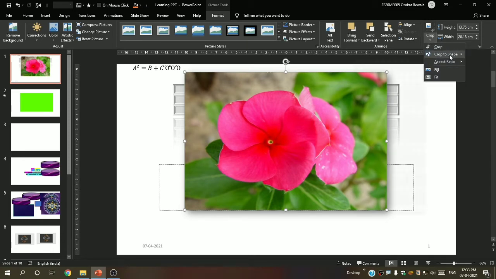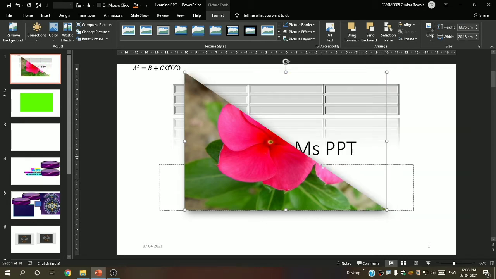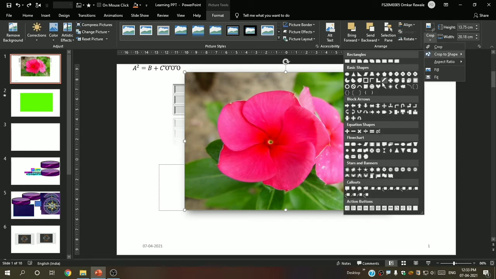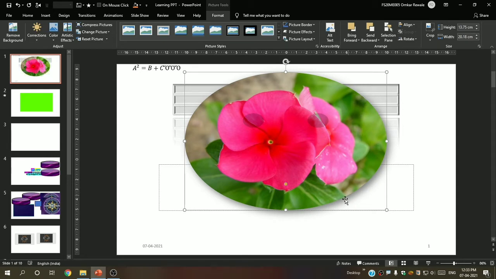You will see crop to shape. Many shapes are provided here. You can crop in this shape. Let me show you one. Let me select this. See, again let me show you something. Select this smiley face. See,